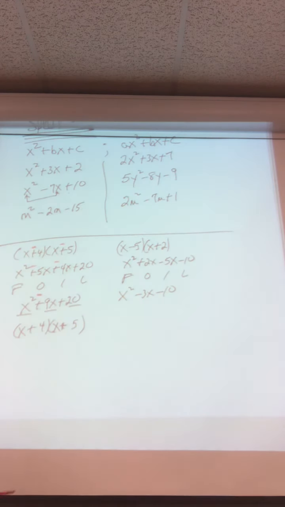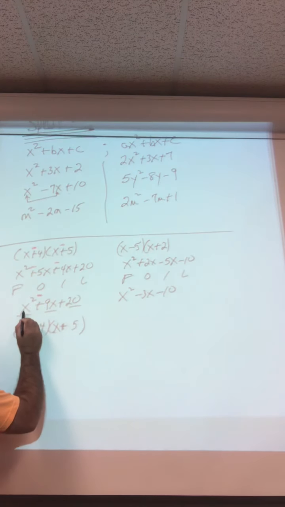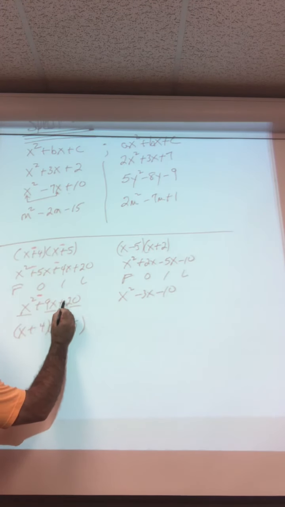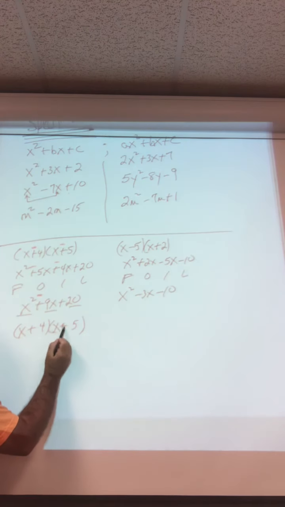So how would that change things? Now both of these signs would have to be negative, because a -4 and a -5 is a -9. So this is what I want you to see. When you're factoring a trinomial, if this last sign is plus, that means the signs in your 2 answers have